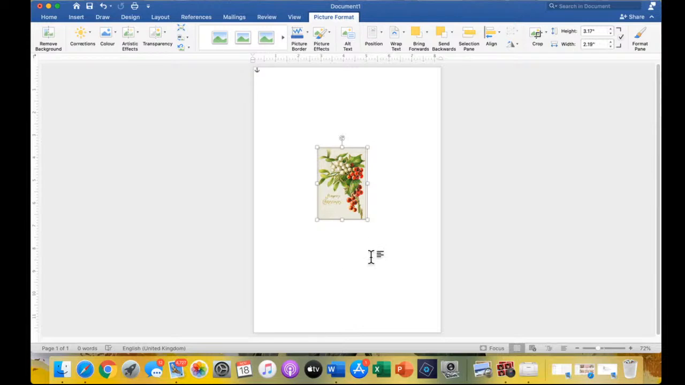The next thing we can do, of course, is that it is still the original size that it was when it was inserted. So what we need to do is resize that. You'll notice up in the top right hand corner, next to where we went to crop, there's a couple of boxes, one that says height and width. If we wanted it to be a specific size, either height or width, then at the moment it says 3.17 on the height, we can change that to 6,